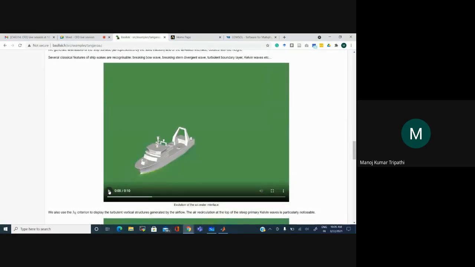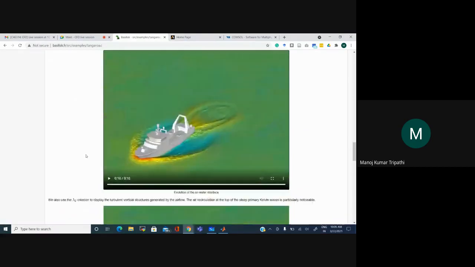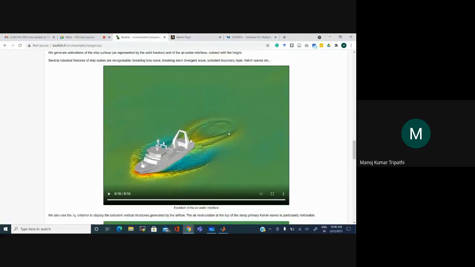Flow past this ship. This is a ship on the sea surface. Okay, and you can see how the water waves are being generated as the ship moves.